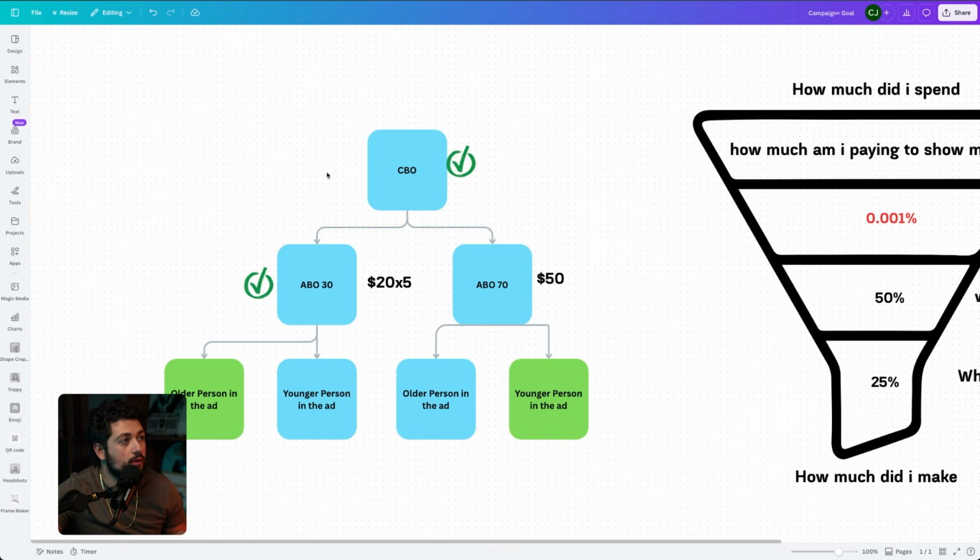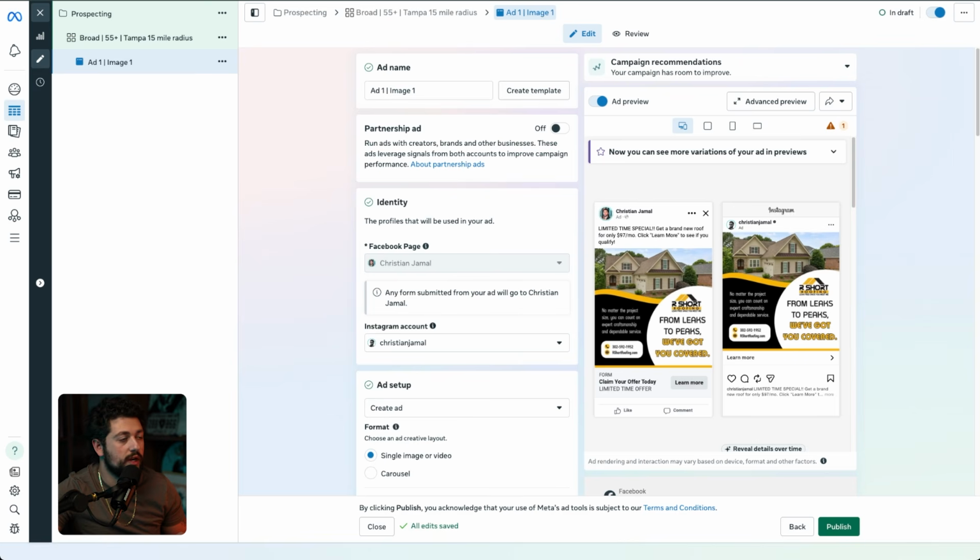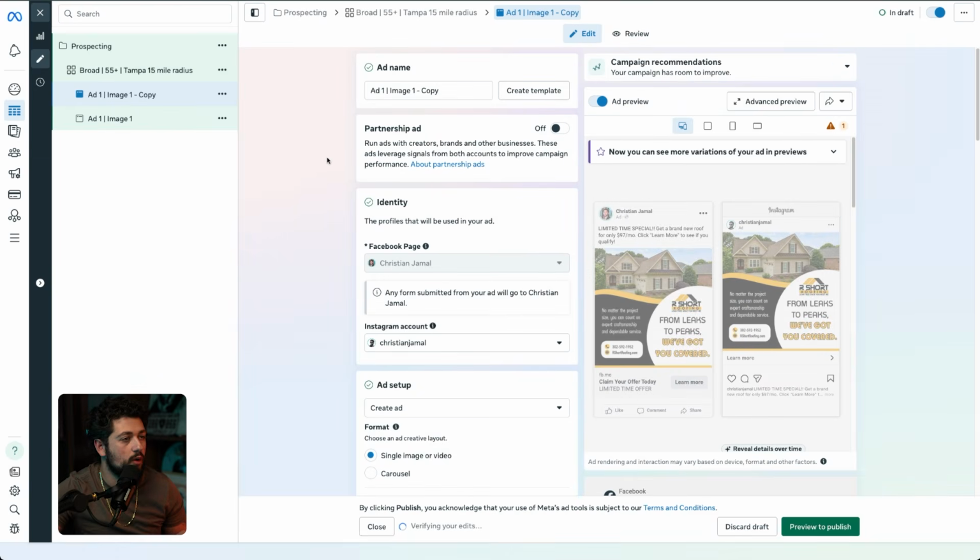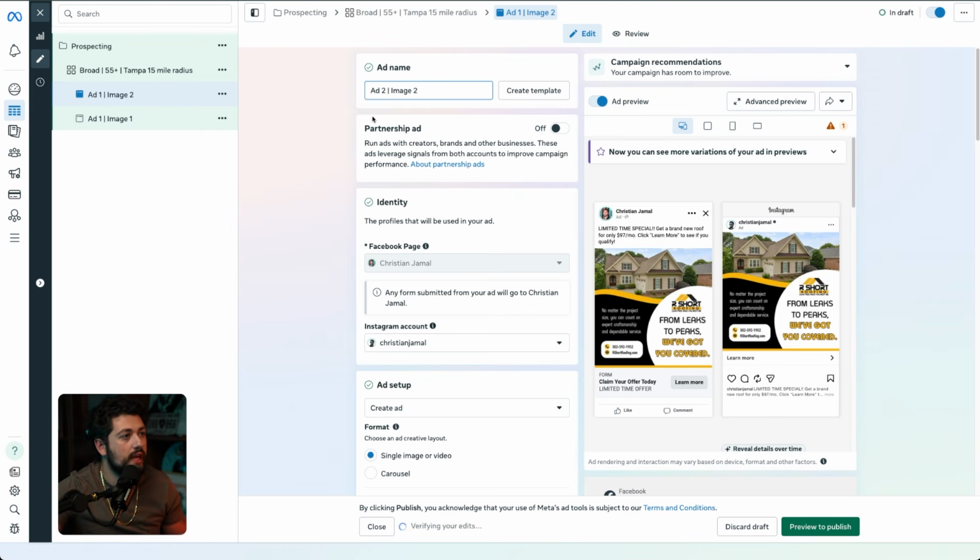But you guys remember what we did here? We're going to check off this, but we also have the rest of the structure to build. So we have these 3 as well as this one right here. And if you guys remember, we have 5 ad sets, not 2, that we're going to be creating. So what we're going to do here is click on the 3 dots and click on quickly duplicate. Now, once this is quickly duplicated, what we're going to do is add 2, image 2,